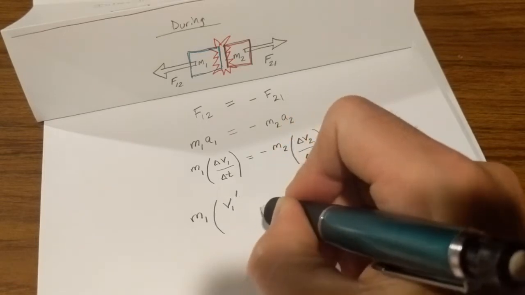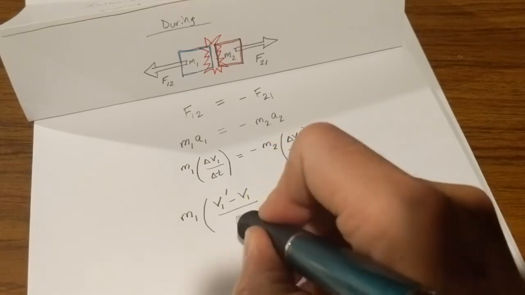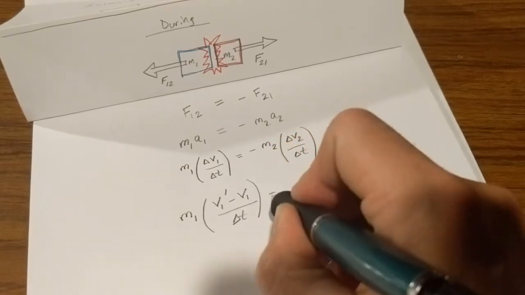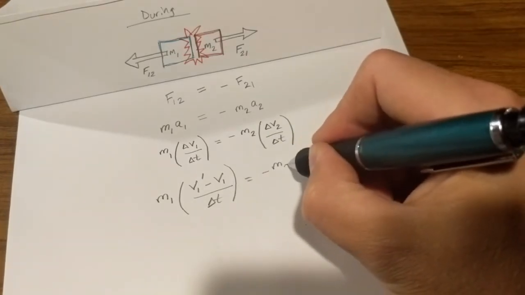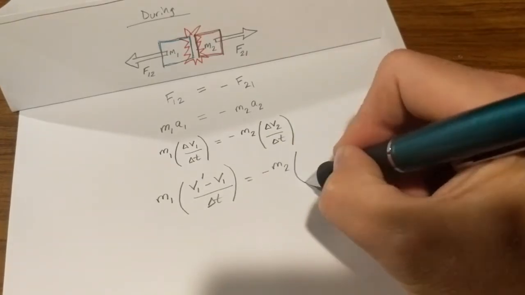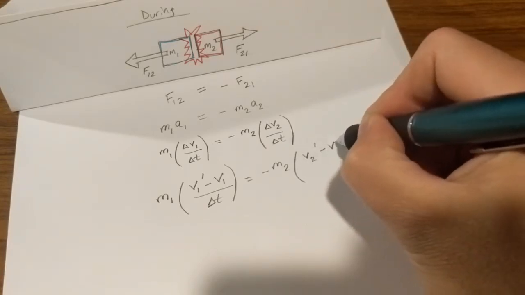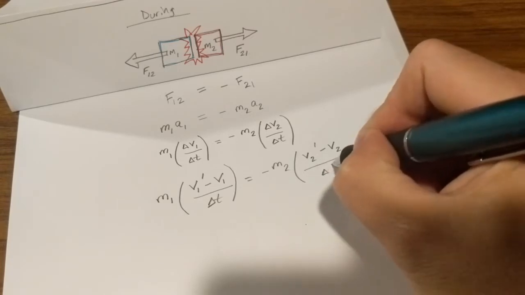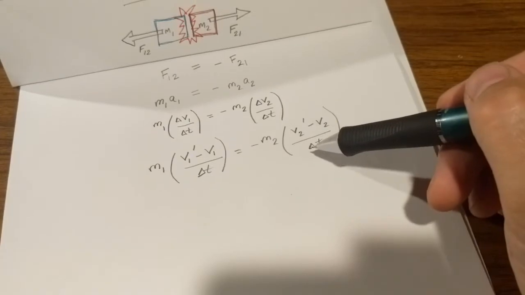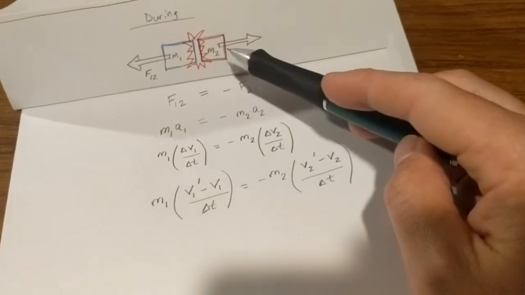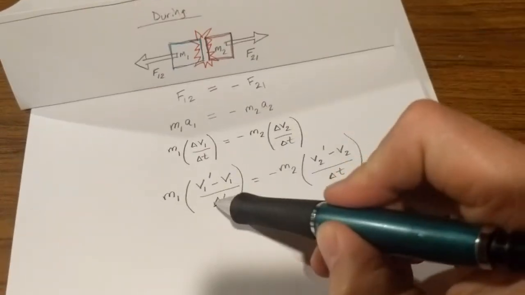v1 prime, the final velocity, minus v1, and we can write the change in velocity of object 2 the same way, as v2 prime minus v2 over delta t. The delta t here is the amount of time that the collision took to take place, and since it's present on both sides of this equality, it can cancel,